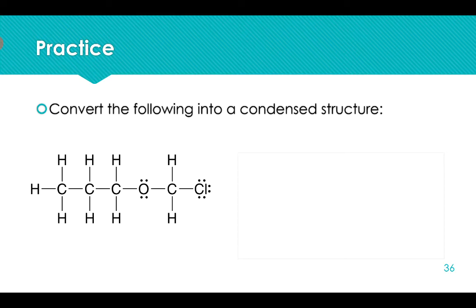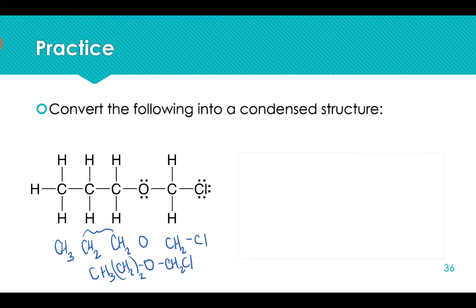Okay, let's go over this. The first carbon has 3 hydrogens bonded to it. The second carbon has 2 hydrogens. This carbon has 2 hydrogens. That's an O, and that has 2 bonded to it, and that has 1. You can abbreviate these two CH2s together, so you can write CH3, CH2, and then 2 of those, O,